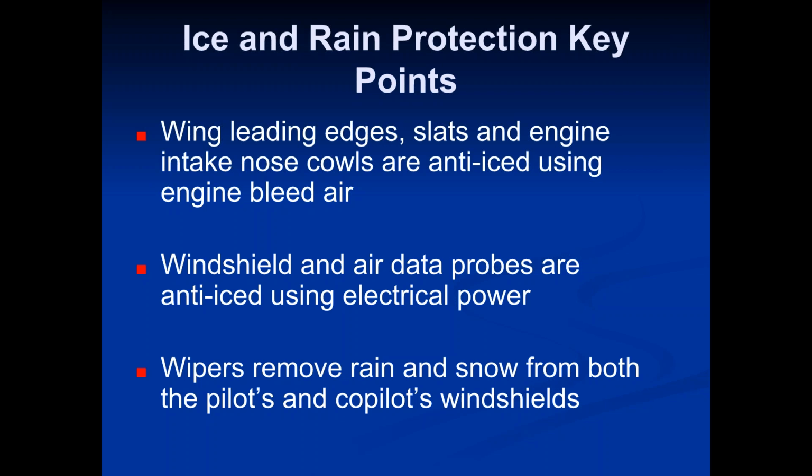Those are a couple of the uses for it. So the windshield is also an area that we want to keep ice off of, and not because it has anything to do with the aerodynamics of flight. It's just simply, obviously, to have visibility for the pilots. So we want the windshield free of ice, and then the only other critical areas on the plane are the